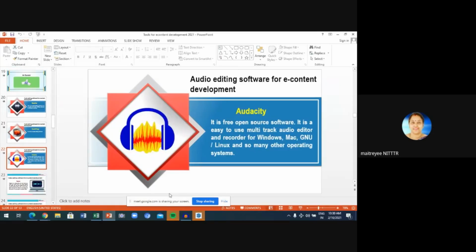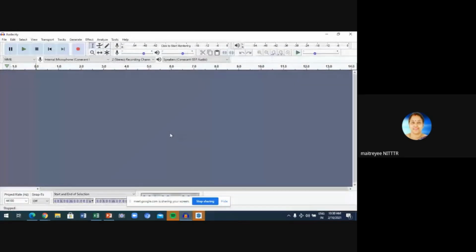Now I will also show you a small demo, but I don't know whether I will be able to. Let me just show you. After that I will show you how this audio can be shared. So this is your Audacity software, right? I have already opened it. Here you can record something, you can give some effect, in the sense that some voice you want to amplify, some voice you want to fade in. So all these options can be useful here.